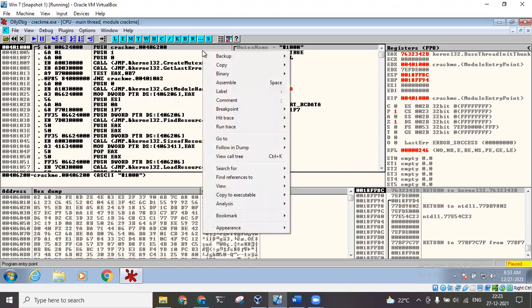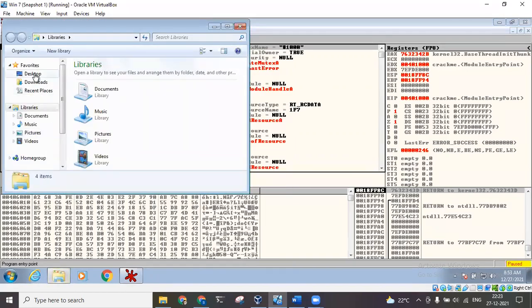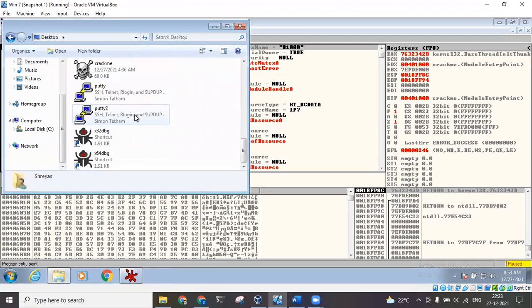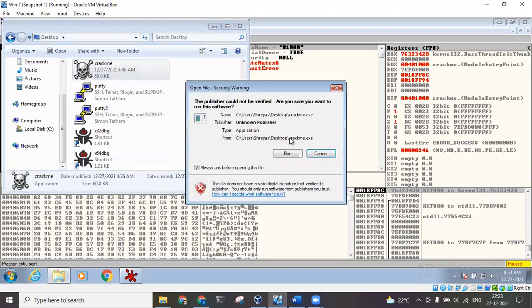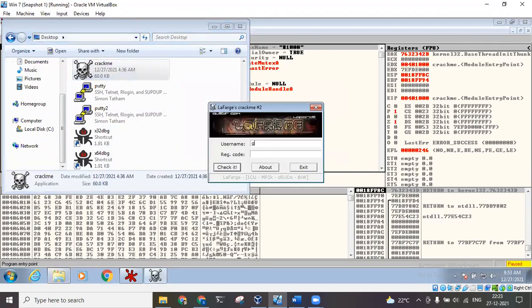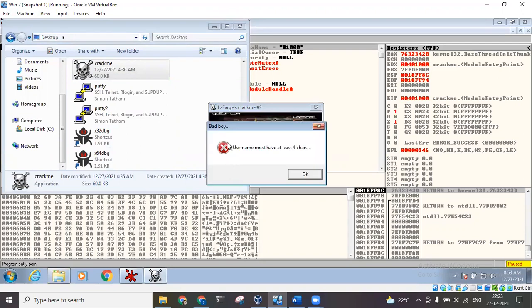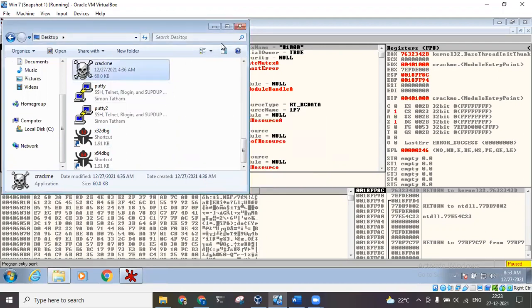Right click. When we ran this file, if you observe carefully, we saw an error message like "bad boy" and "username must have at least 4 characters." So we can search for either of these two strings. That is our objective.